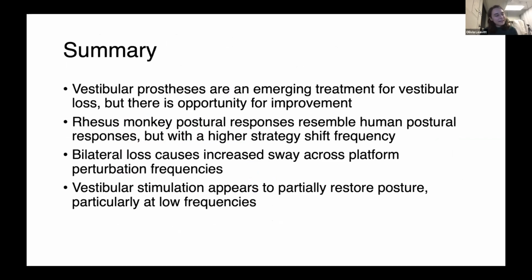In summary, the vestibular prostheses are an emerging treatment for vestibular loss, but there is opportunity for improvement. Rhesus monkey postural responses resemble human postural responses, but with a higher strategy shift frequency, which is as expected. Bilateral loss does cause increased sway across platform perturbation frequencies, and vestibular stimulation appears to at least partially restore posture,